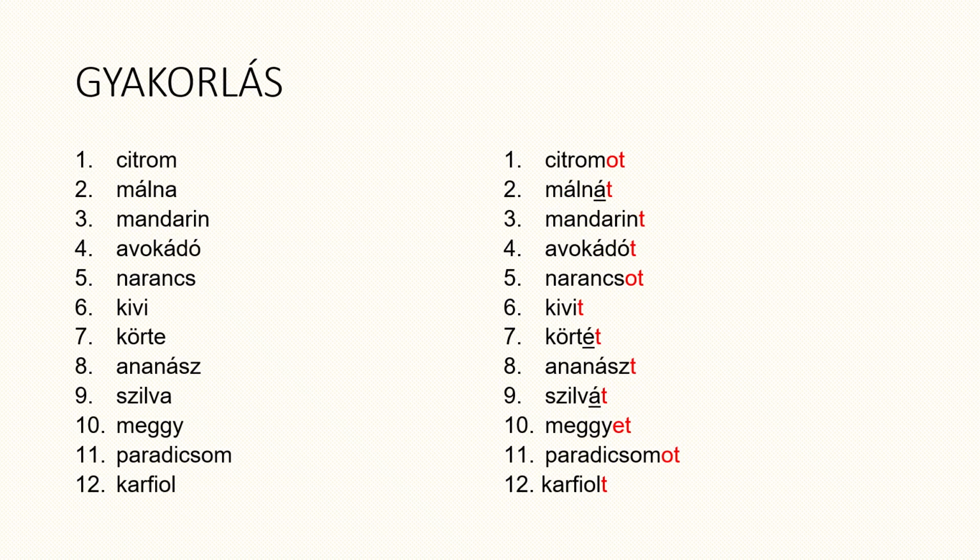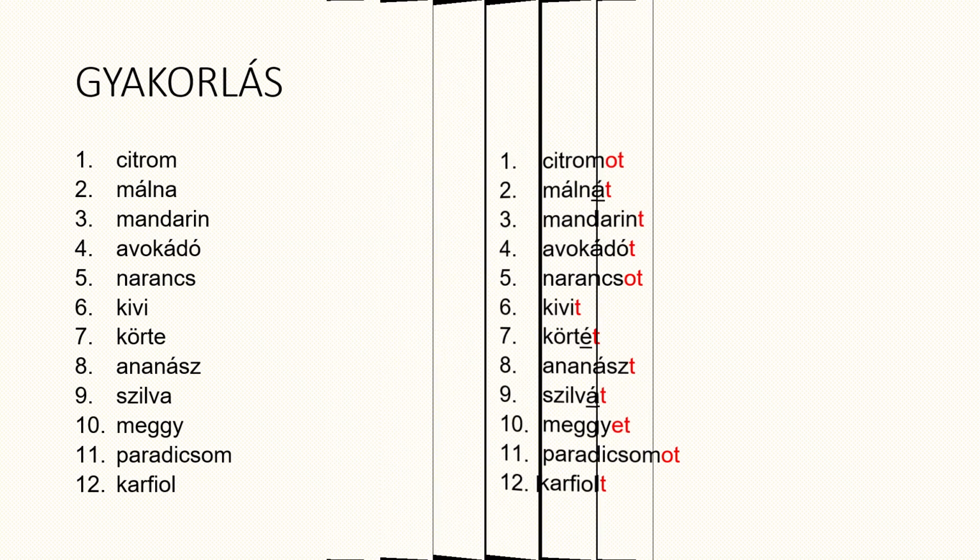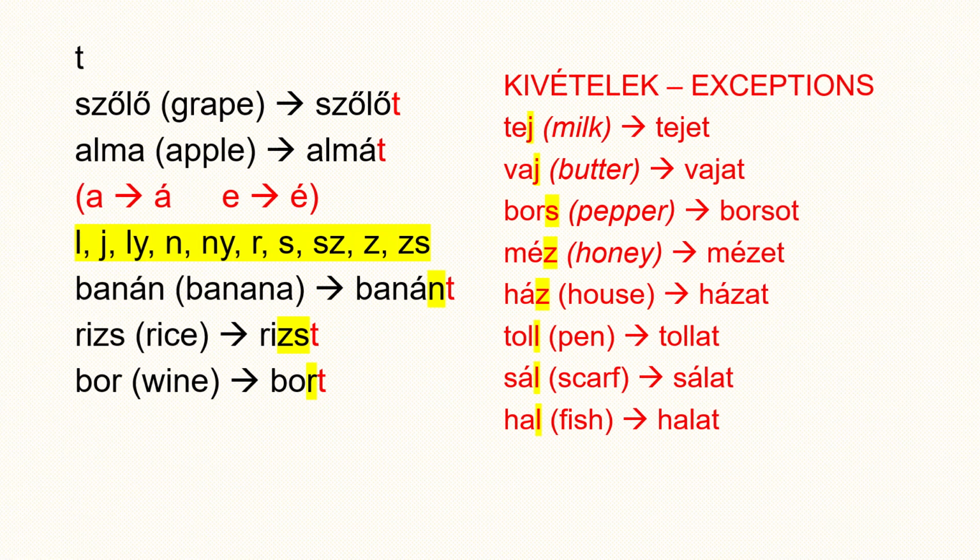Nagyon jó! Have some more energy? Let's look at some exceptions. First, although some words end in a letter that usually does not require an additional linking vowel before the suffix t, some words are exceptional and do take a linking vowel. These are usually one-syllable words, for example, tejet,